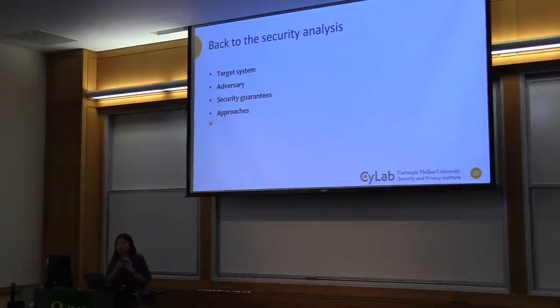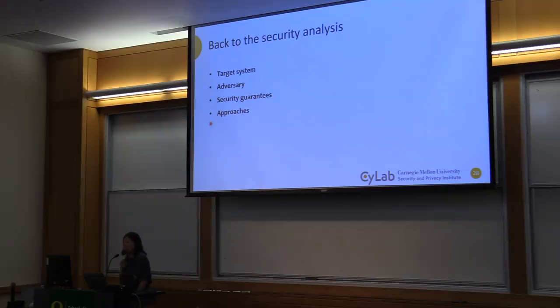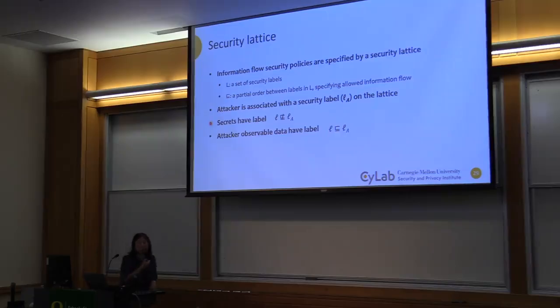Approaches: because we're in the access control world, we are using runtime monitoring. We're saying, hey, when requests come in, I'm going to check the labels and make a decision to deny or not. That's the typical runtime monitoring approach, right? When the system runs, I will make the decision. That's the approach that this multi-level security system has taken so far. Okay, so let's get to the more modern security lattice.